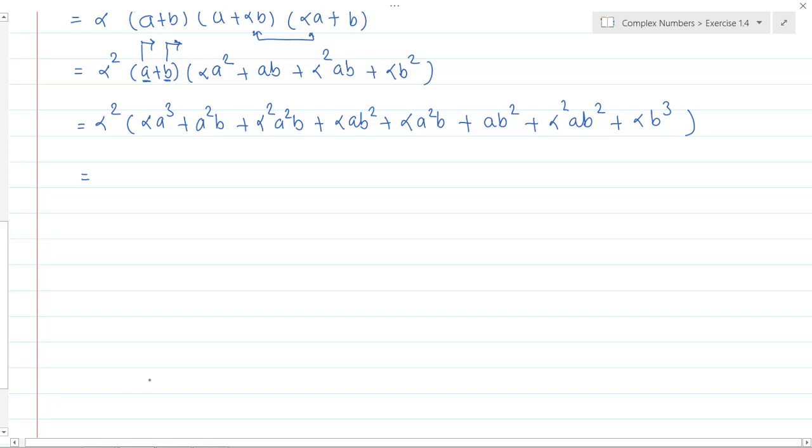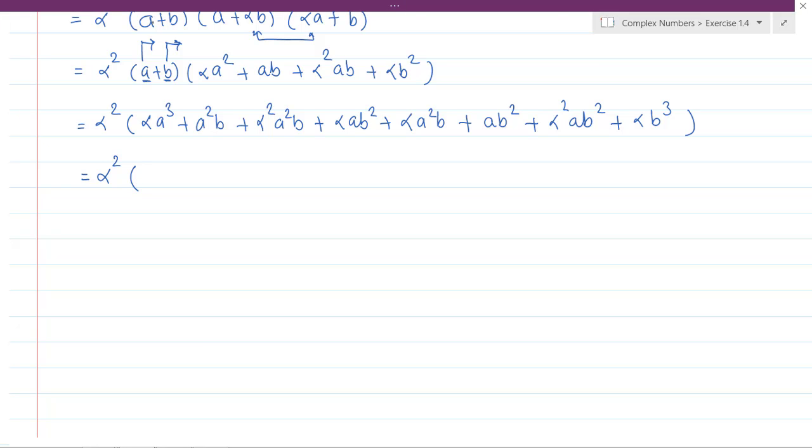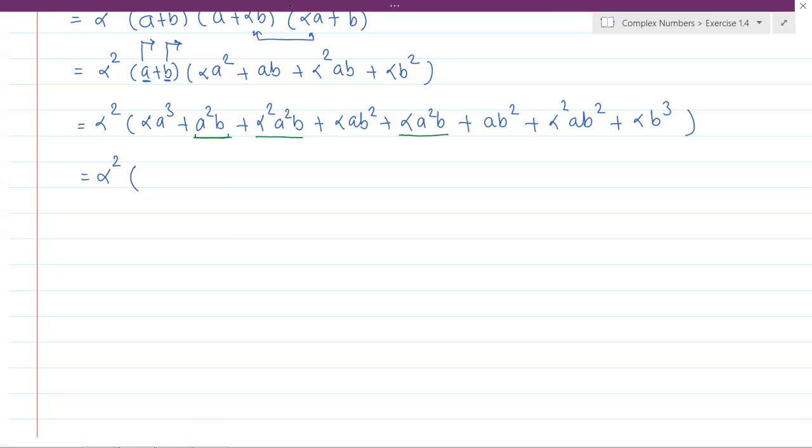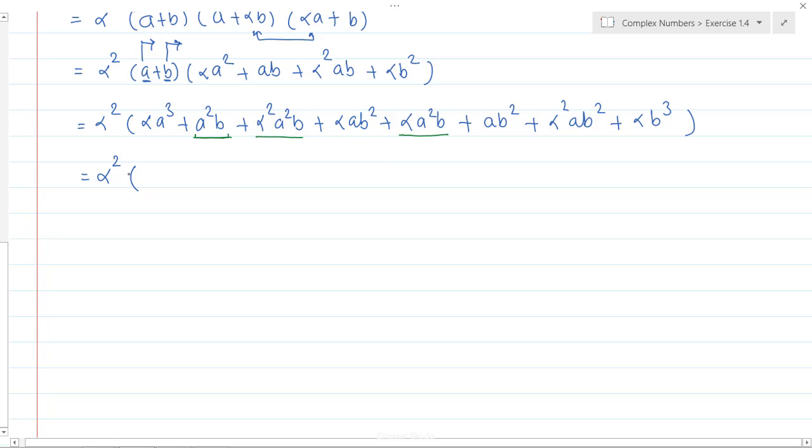now let's take the common. So it's alpha square into, now let me highlight the common things from which I am taking something common. So take the a square b from this term, a square b and a square b. I can take common from this, which is nothing but a square b. Okay, so let me write here. So box, so I am taking a square b common. मग पहिल्या ह्याच्यातून काय राहिला 1 राहिला, दुसऱ्या ह्याच्यात काय राहिला इट्स अल्फा स्क्वेअर, तिसऱ्या ह्याच्यात काय राहिला फक्त अल्फा राहिला.